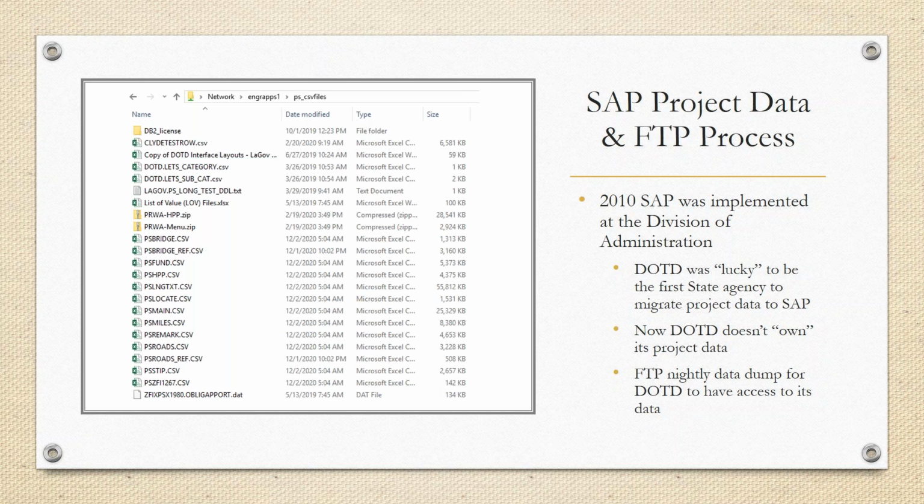So specifically with this presentation, I was kind of asked to talk about projects and the highway inventory data that DOTD has. And we wanted to kind of point out that in 2010, SAP was implemented at the Division of Administration, and they really took all of DOTD's project data and moved it over to another agency. And then the challenge then became, how do we get this data back so that we can use it internally? I actually say DOTD doesn't own this data anymore because it's not in a system that we have direct access